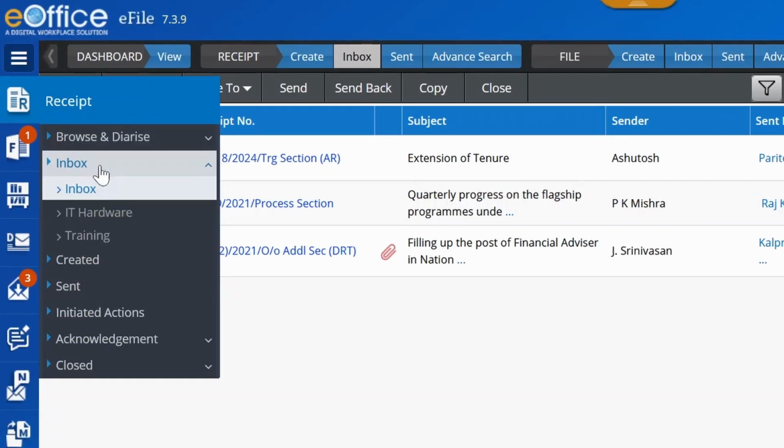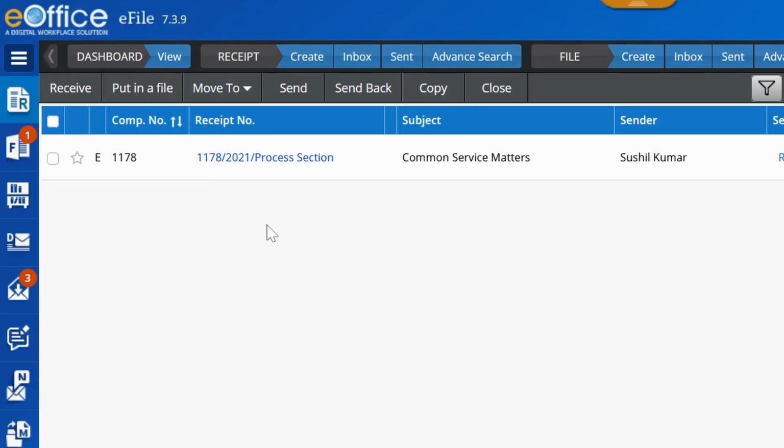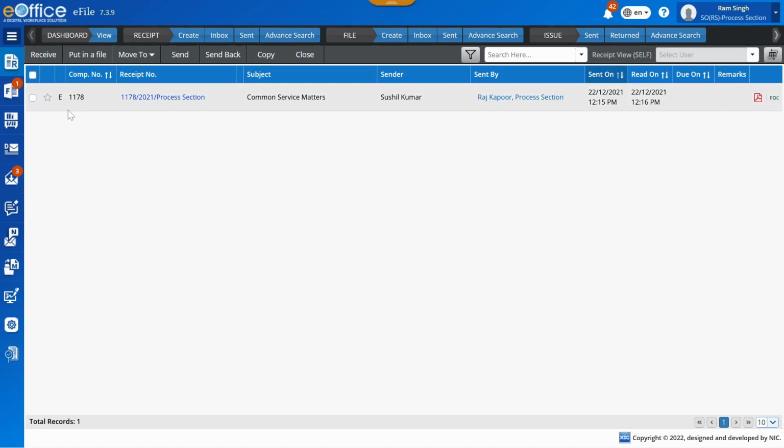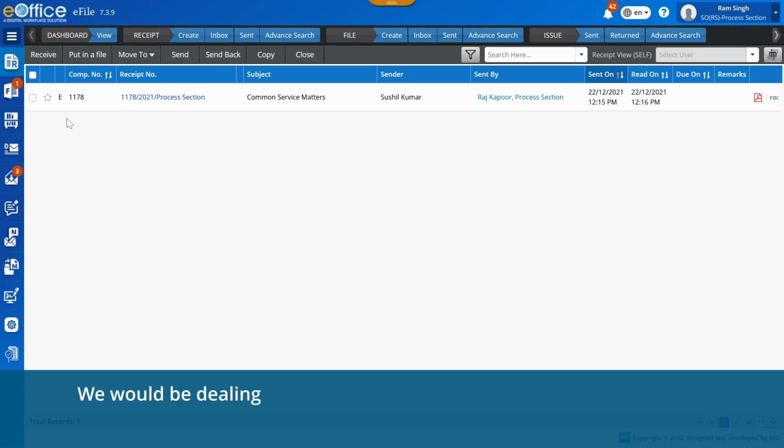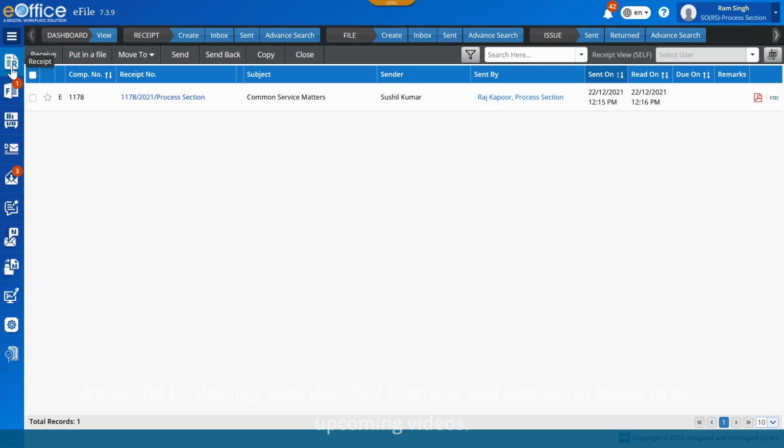Subfolders of Inbox can also be created for segregating and organizing the receipts of the inbox based on category of the subject, or priority, or due date, or any other criteria as per user requirement. Again, we would be dealing with detailed features and actions of the inbox in the upcoming videos.